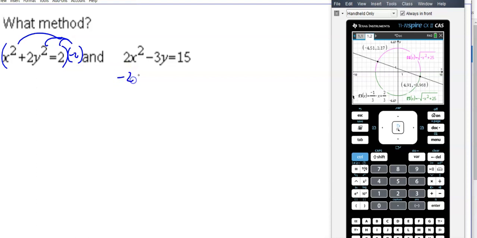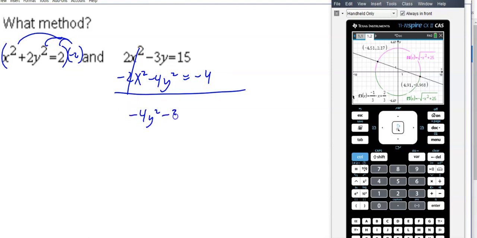So I'm multiplying everything here by negative 2 and writing it down below here. So I get negative 2x squared. Negative 2 times 2 is negative 4y squared. Okay, that's weird. Equals negative 4. So I'm going to add these up. So the x terms go away. I like that. The y terms don't really go away. So I get negative 4y squared minus 3y equals, if I add, I get 11. Wow. Okay, so this one, well, at least it's all y though. That's nice. I'm going to get everything over to the right-hand side there. So 0 equals 4y squared